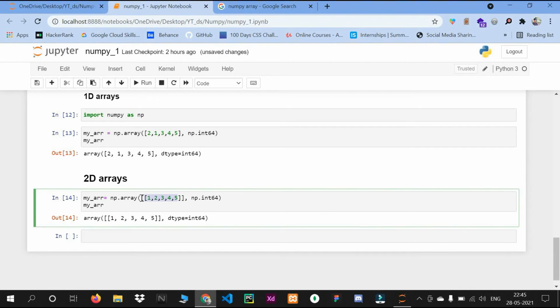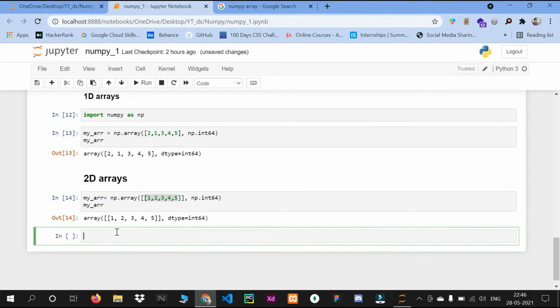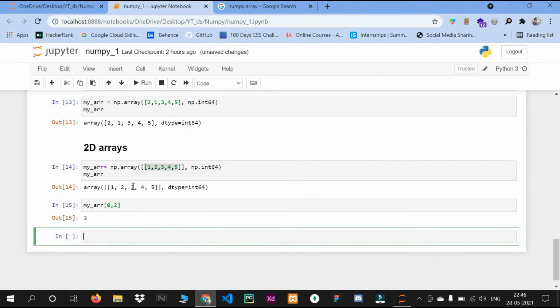So I took 0 as the first column and the second one as this element. We will see this by my array, and I will take 0 and 2, so it will give us 3.